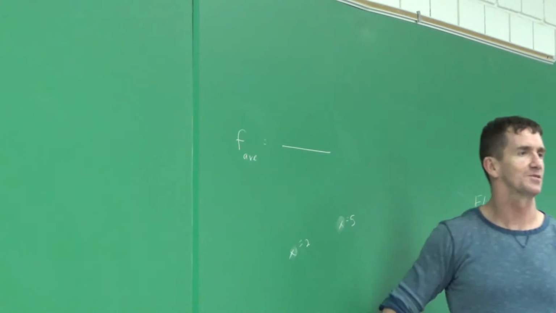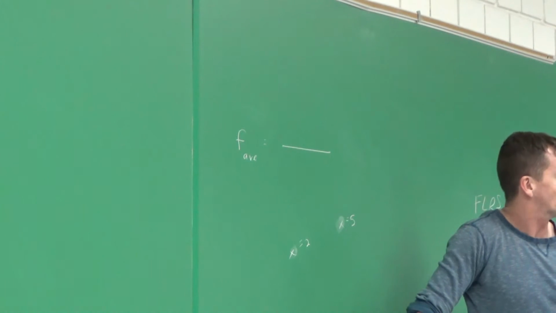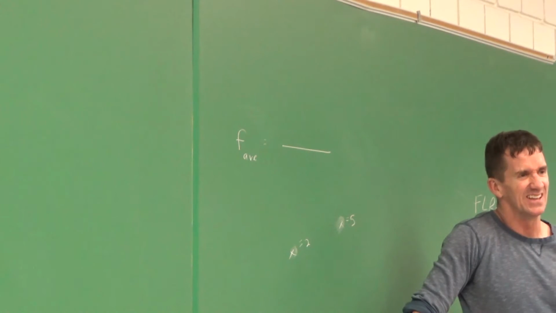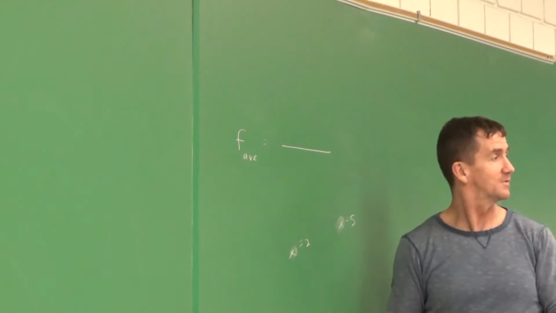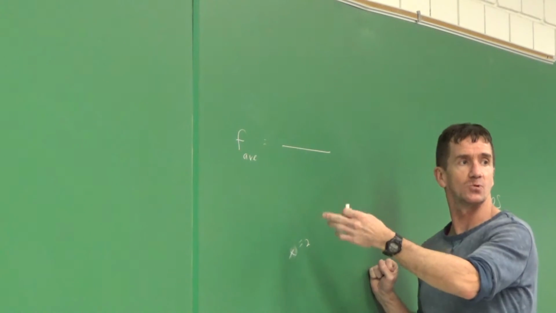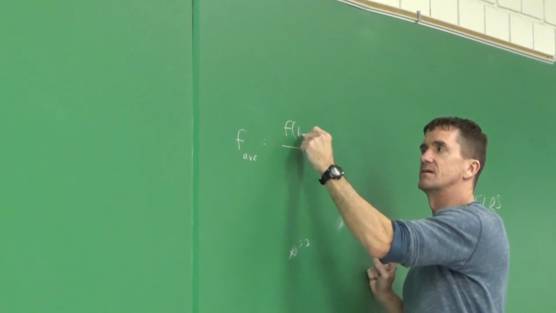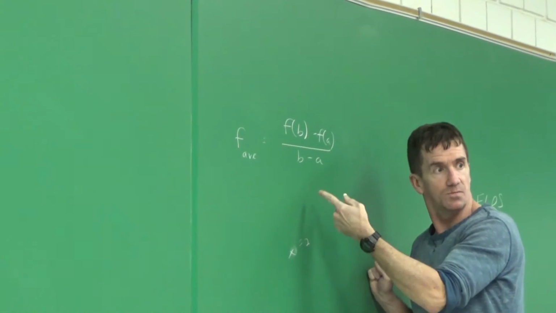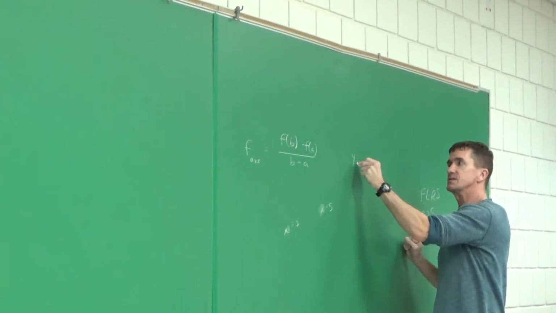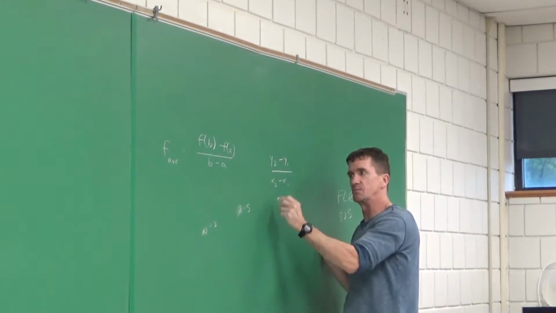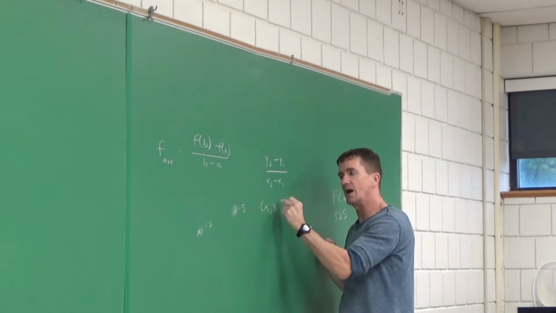Does anybody know the math formula on how to find the average value of the function between those? Wouldn't it be like f of b minus f of a over 5 minus 2? He just nailed it. That was perfect. Good job. He just did slope. If he had to find the average value between the value b and a, he'd get f of b, subtract f of a, over b minus a. But do you notice that's just slope? That's y sub 2 minus y sub 1 over x sub 2 minus x sub 1 for two x, y coordinates.